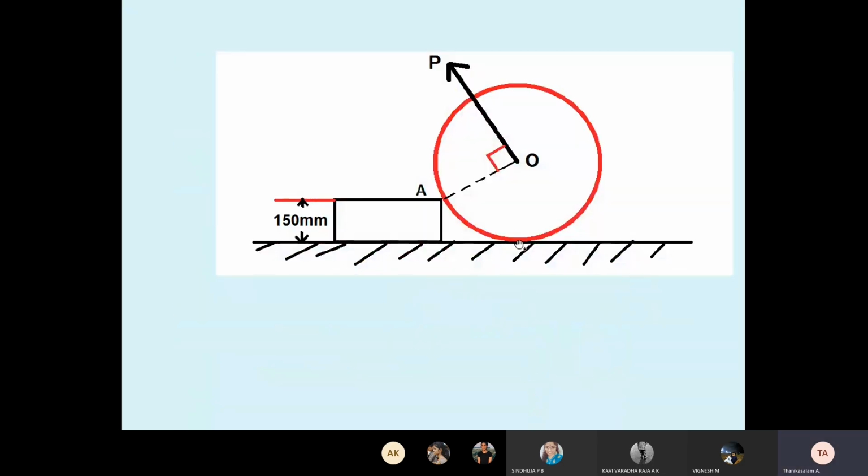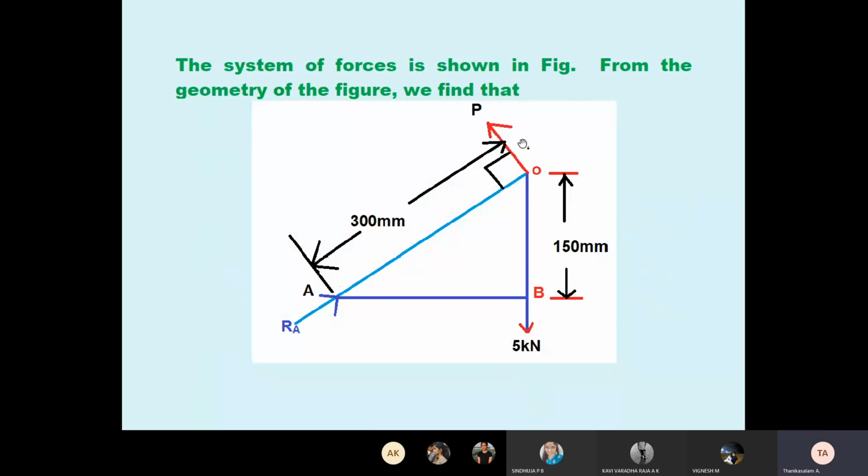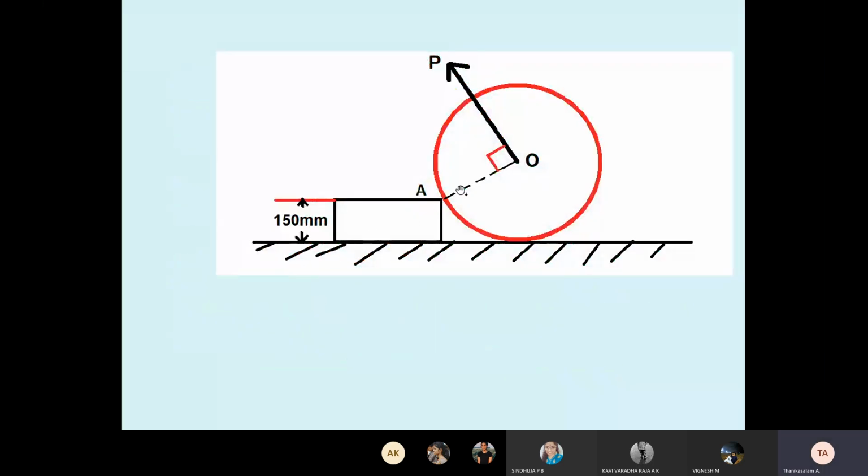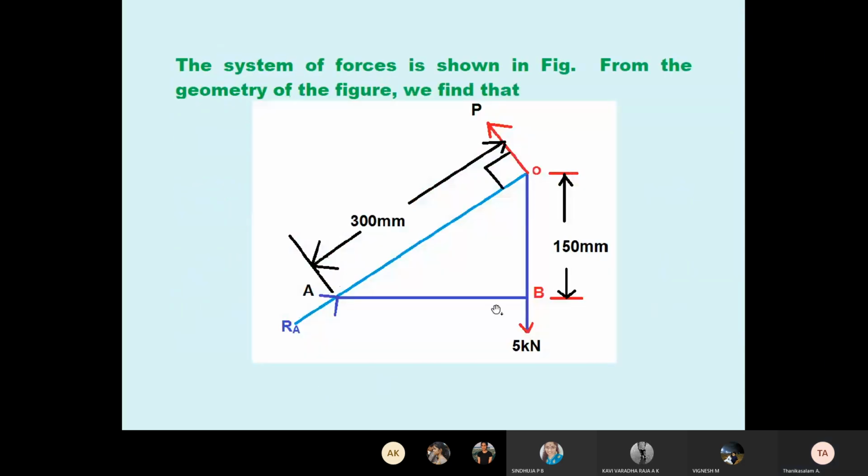In the picture they have given, P is already at 90 degree at the O point. So I marked P at 90 degree at O point. Why did I mark RA? Reaction. Because of contact. See the incline here, RA goes to where it is in contact, therefore reaction RA.